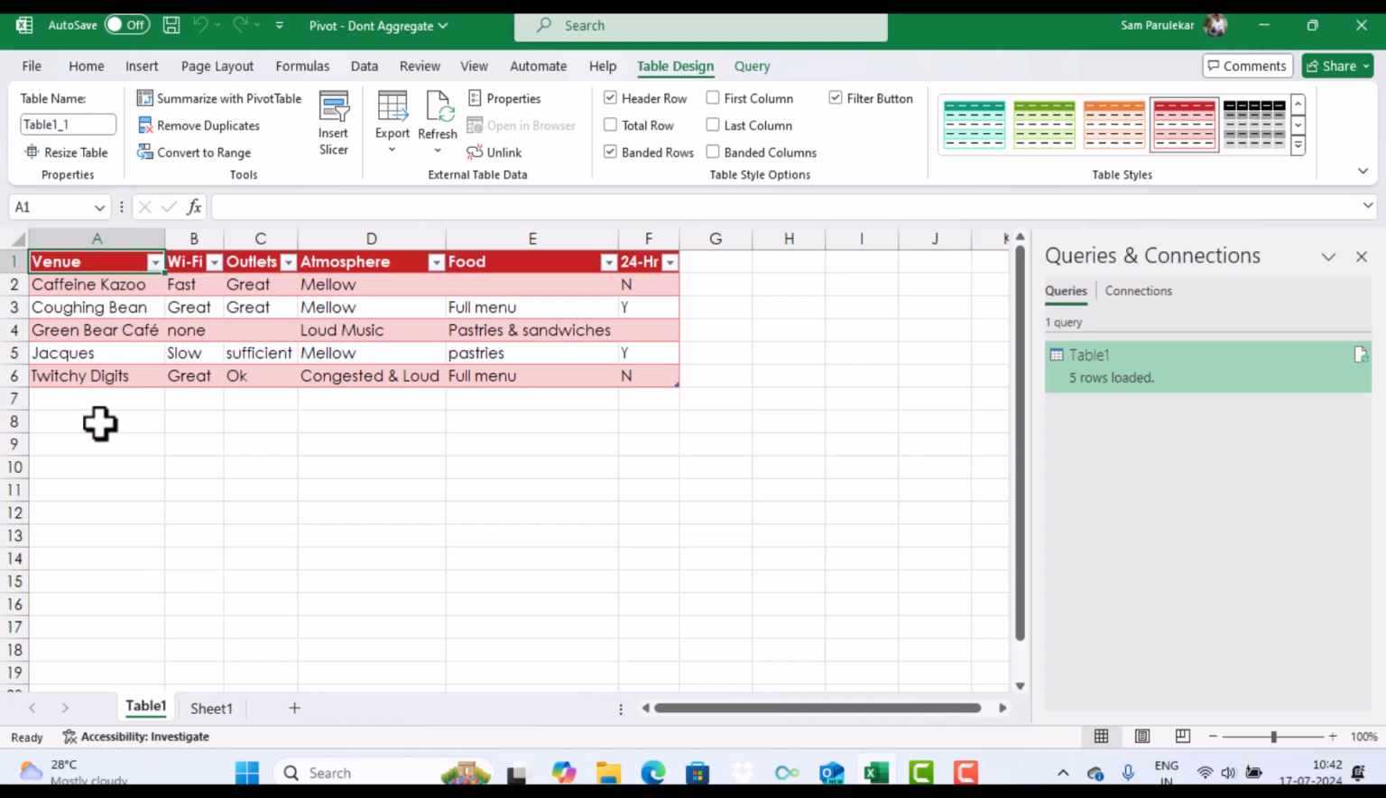at a glance I can see which particular coffee shop has the fastest Wi-Fi, or which coffee shop is offering the full menu, or which coffee shop has only pastries, or which coffee shop is available only 24 hours, and so on. So friends, hope you have learned something new with this pivot and don't aggregate feature of